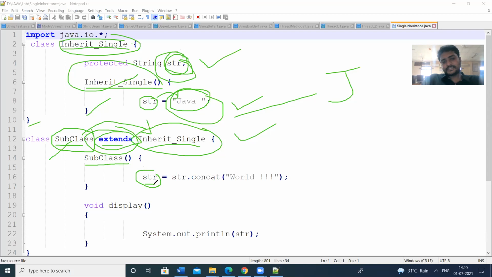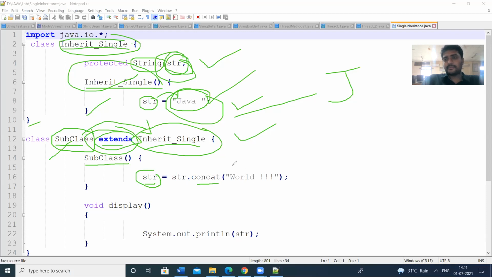The variable is str. We have seen some methods in string handling, that is, we are using the class string. For joining two or more strings, we can use the string concat method. Str dot concat: I am concatenating Java with the word world. Initially the string has Java.